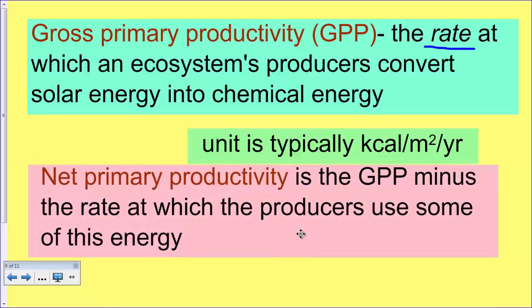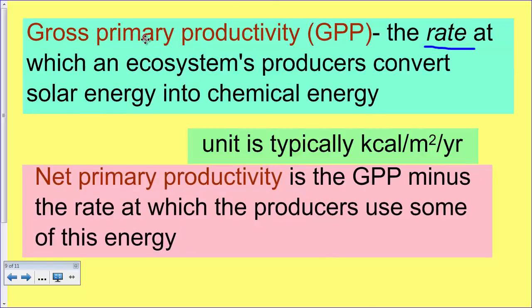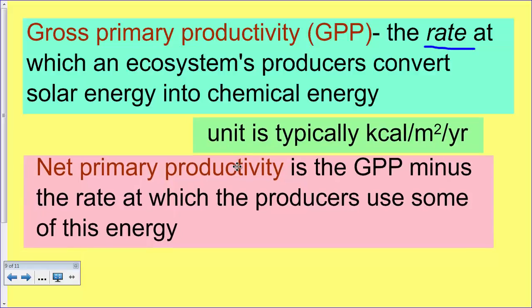Now, of course, the fact of the matter is, while a certain ecosystem can produce at a certain rate, that's not all that matters, because what also matters is how much of that energy that it produces it consumes itself. Okay? So I like to think about this